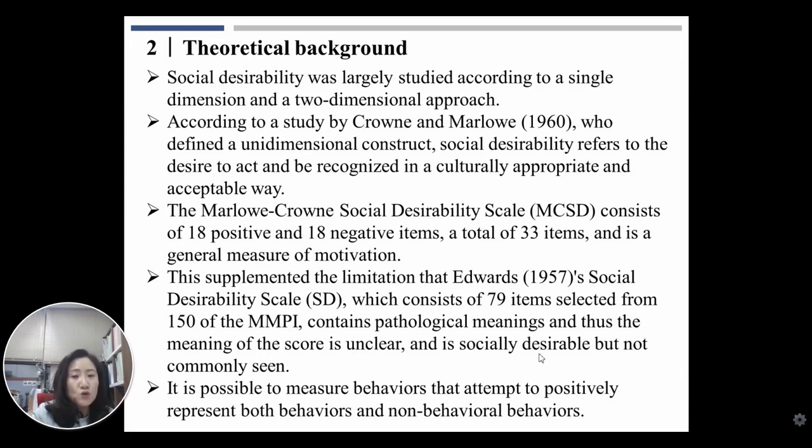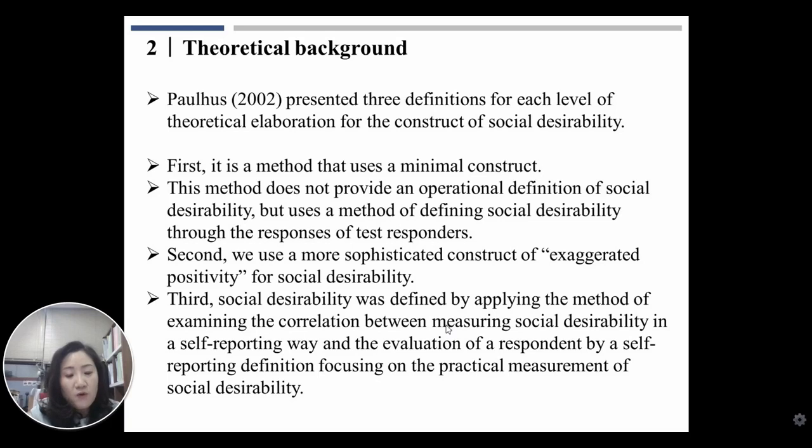It is possible to measure socially desirable but commonly seen behavior that attempts to positively represent both behavior and non-behavior. First presented the three definitions for each level of theoretical elaboration for the construct of social desirability. First is